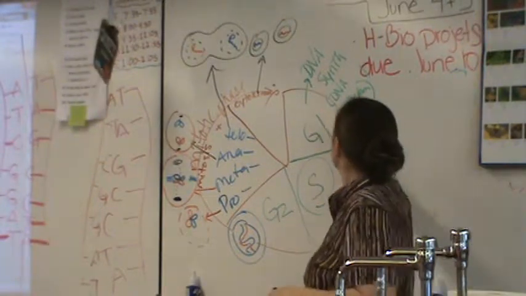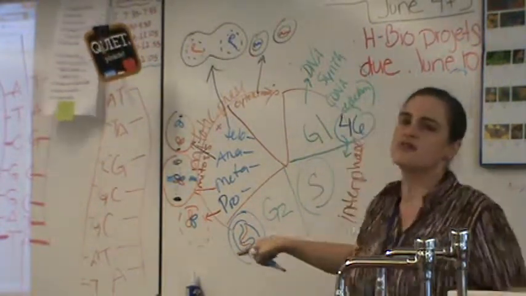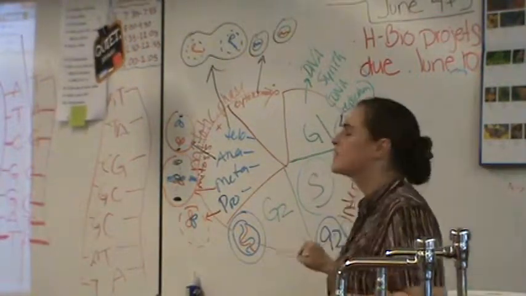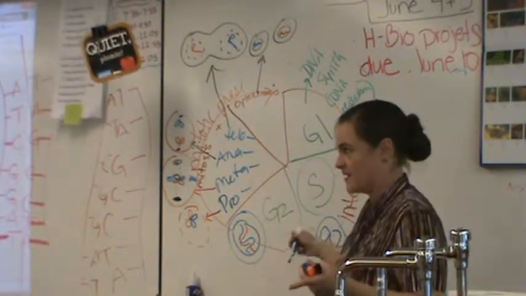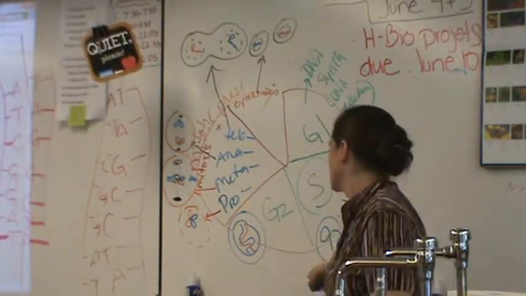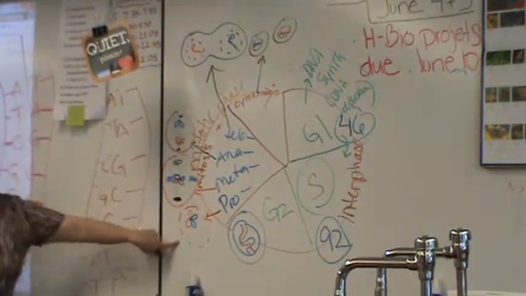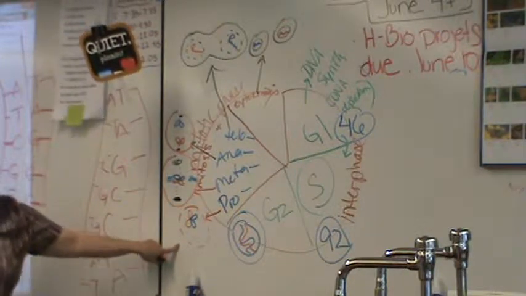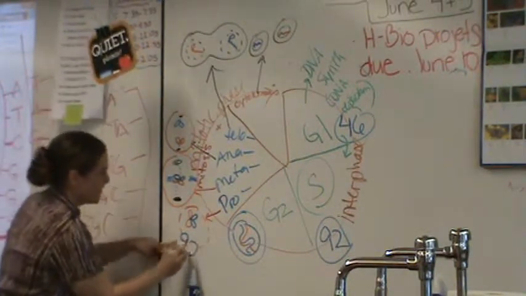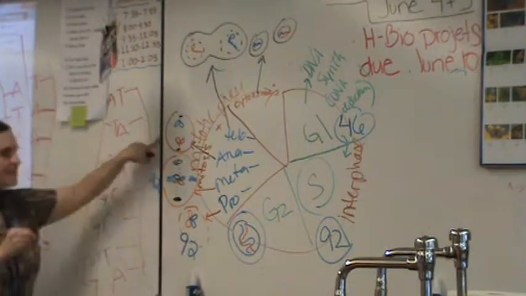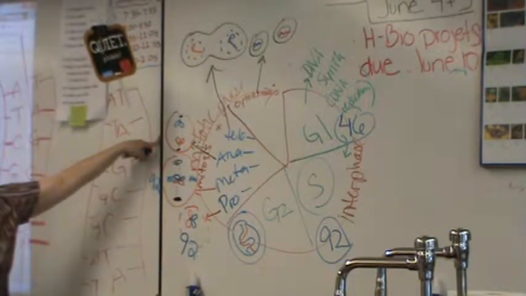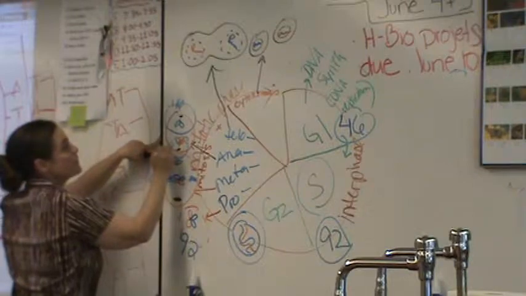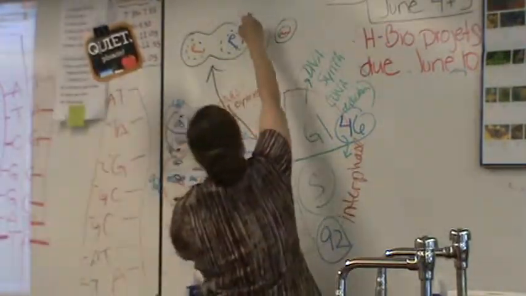46. At the end of S phase, how many chromosomes are there? 92. Why? Because each chromosome is then replicated. Exactly, you've copied every single chromosome, so you have twice the amount. Prophase, how many do you have? 92. You still have your 92. Metaphase, you still have your 92. Anaphase is a tricky one because you're still one cell, but you basically have 46 at the top, 46 at the bottom. They split, and you end up with